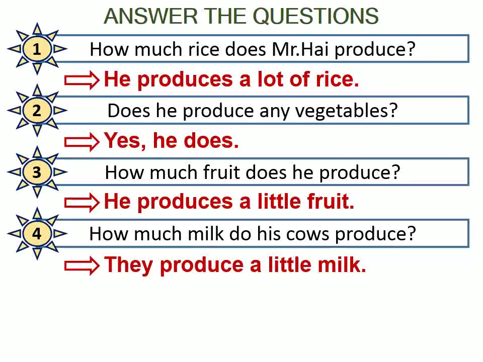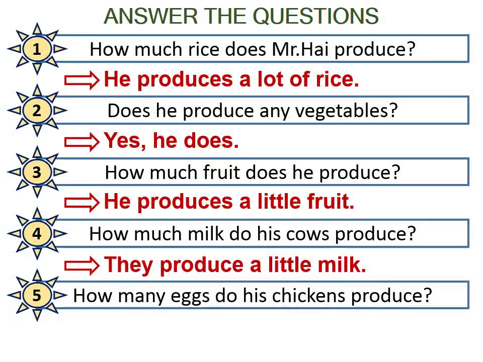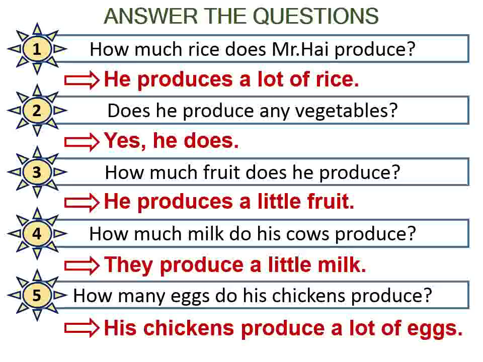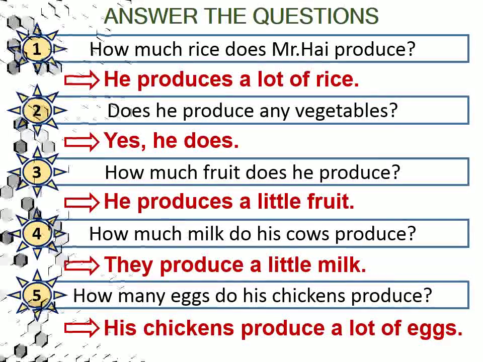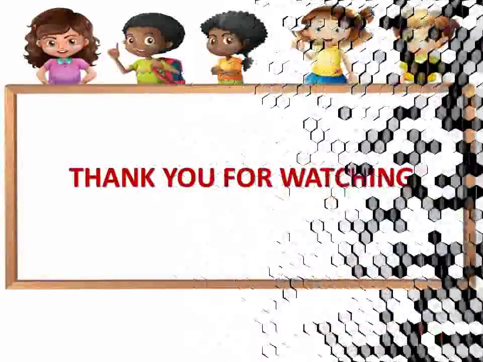Mr. Hai has some animals. He has 2 buffaloes. They plow the paddy fields and pull a cart. These are his buffaloes, which help him plow the paddy field. He has a few cows. They produce a little milk, so he doesn't need to buy milk in the markets. He has some chickens. They produce a lot of eggs. He also has a dog and 2 cats. They look very